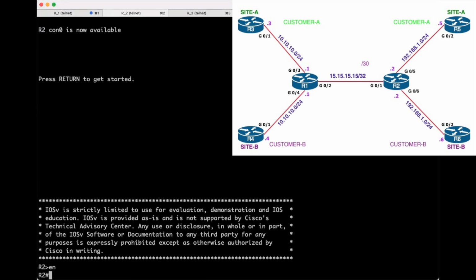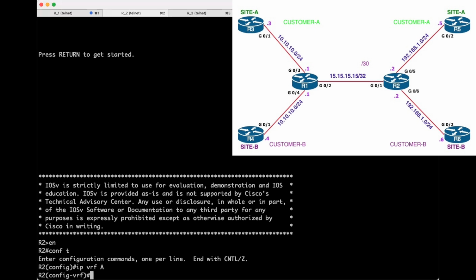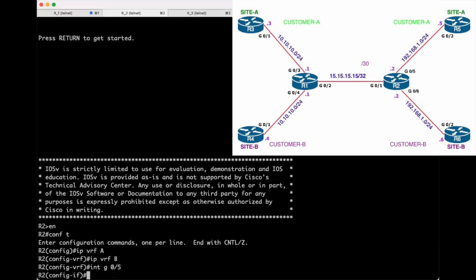Now in this router 2, we will configure VRF. I'll go to configuration mode. We will configure VRF A for customer A and VRF B for customer B. Now we will assign these VRFs to the respective interfaces of router 2. Interface G0/5 is going to customer A. So first I'll go to interface G0/5. This is going to router 5. So I will map this interface to VRF A, ip vrf forwarding